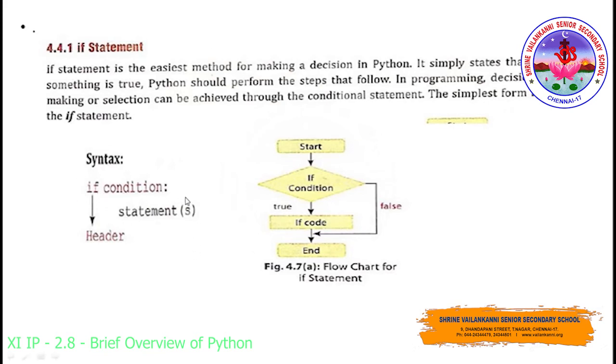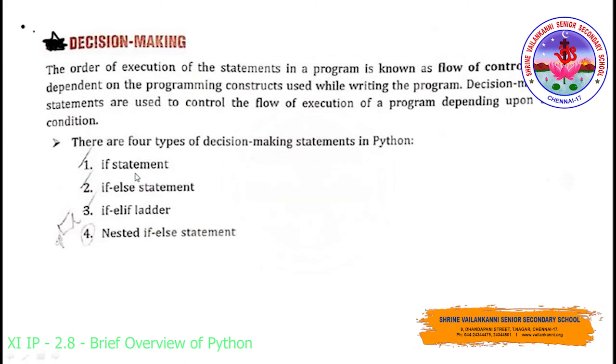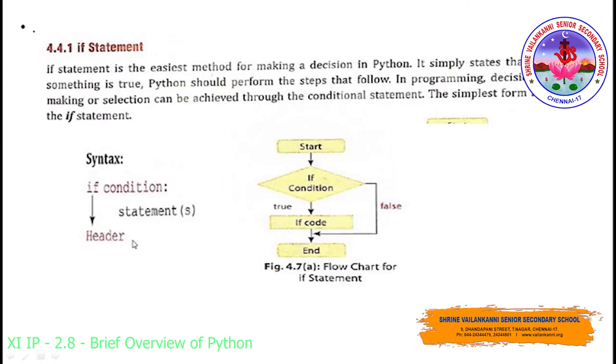See here, this is the syntax of the simple if statement. Four broad categories we have: if else, if elif ladder, and nested if else statement. If is a keyword, followed by a condition. Then, followed by the condition, you provide a colon to represent that we have defined a condition here, and followed by the colon, the statements will be indented with four spaces by default. For example, if I'm giving here if age is greater than or equal to 18, age greater than or equal to 18 is the condition which I have provided here.